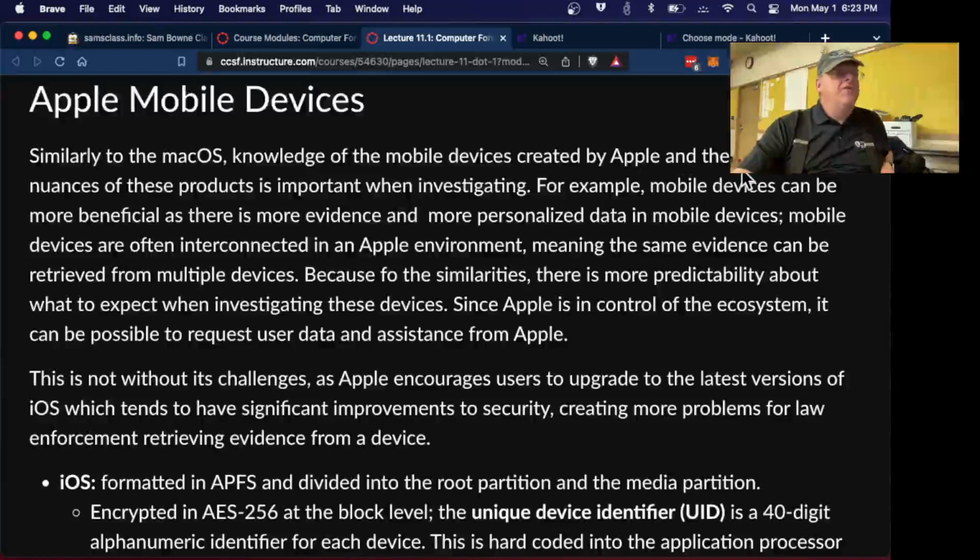And mobile devices, of course, Apple and so on, are also very important. If you have the login information, like a face or a thumbprint or a PIN, then you can totally copy the data off a phone, but you can't really do it without that. Without that, it's just next to impossible, which is by design.